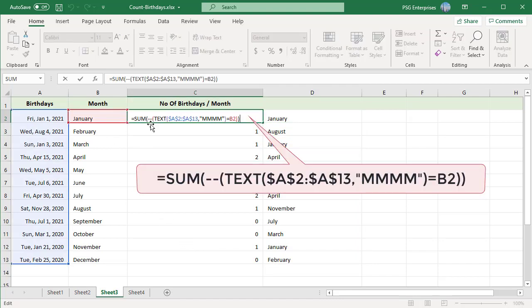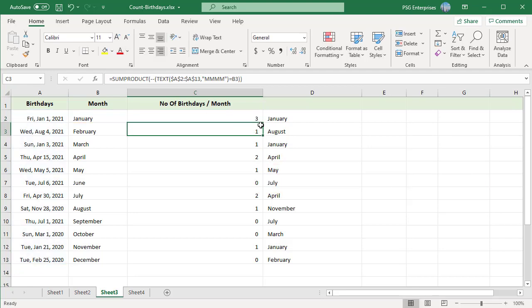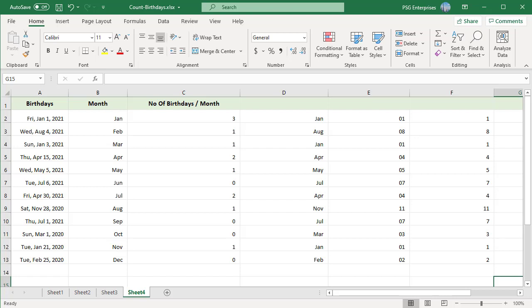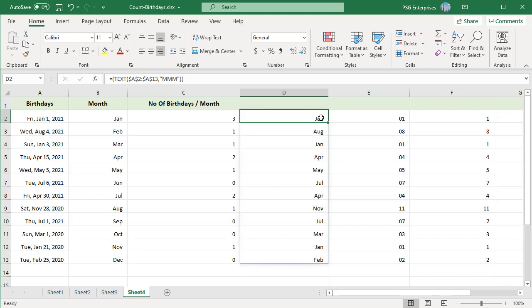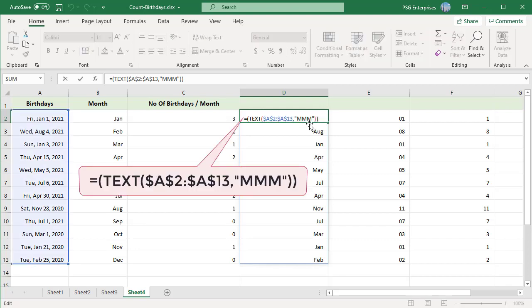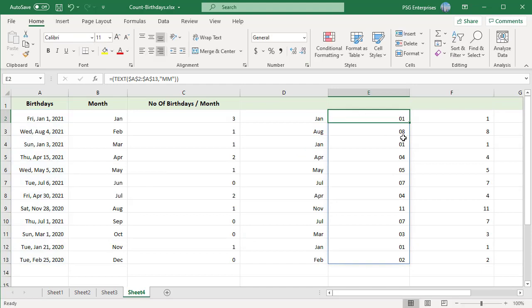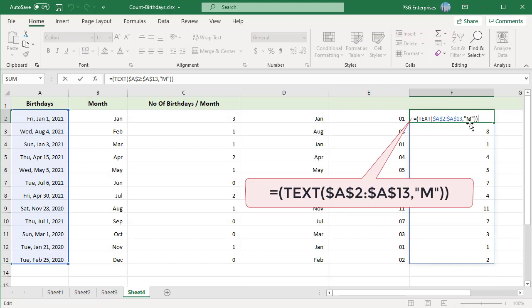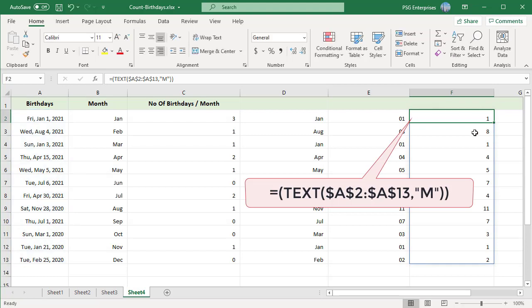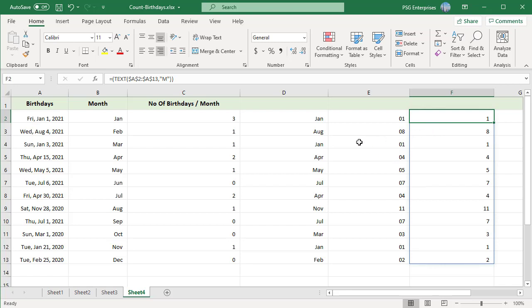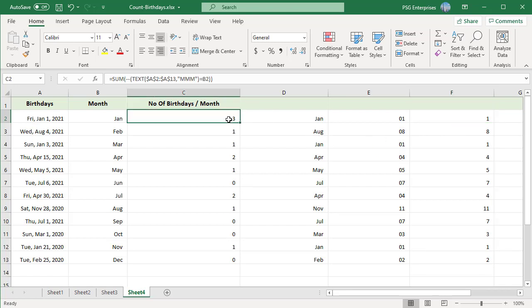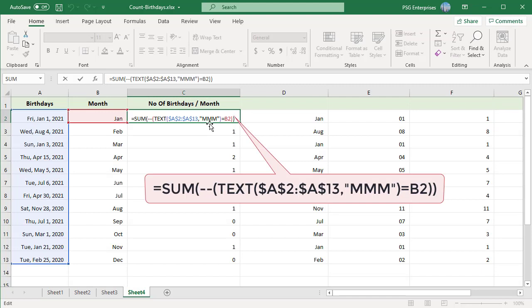Finally, the SUM or SUMPRODUCT function will return the sum of values in the array, which is 3 in this case. You can use different format text to format the month in different formats. "mmm" returns the short month, for example Jan, Feb, etc. "mm" returns the 2-digit numerical equivalent of the month, for example 01 for Jan, 02 for Feb, etc. "m" returns the numerical equivalent of the month without padded 0, for example 1 for Jan, 2 for Feb. Based on the format text, change the values in the month column.